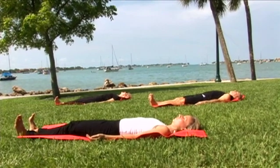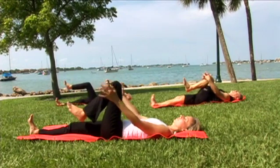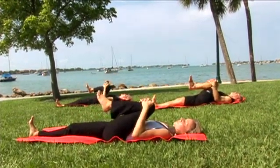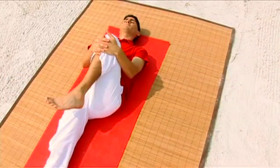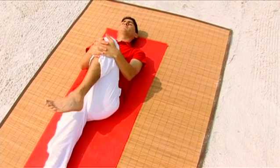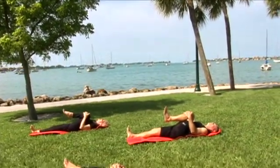Take a deep breath in. Exhale, pick up your left knee and bring it in towards your head and chest. Interlace your fingers above your left knee or on your left thigh and then pull your left knee down. Right heel on the floor, right toes towards the ceiling, pull the left knee down. Very subtly shift your left knee 1/4 of an inch to the right, pull it down even more, and notice